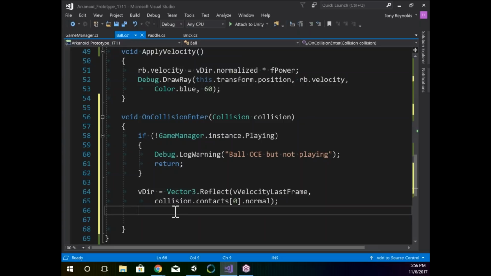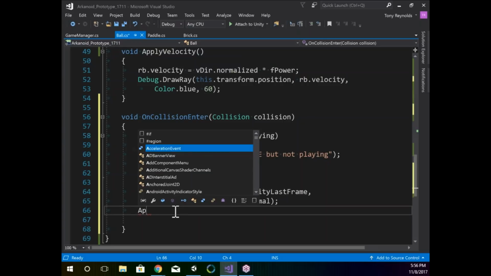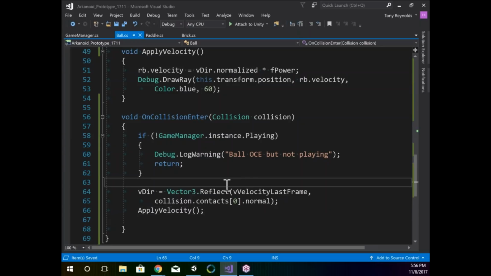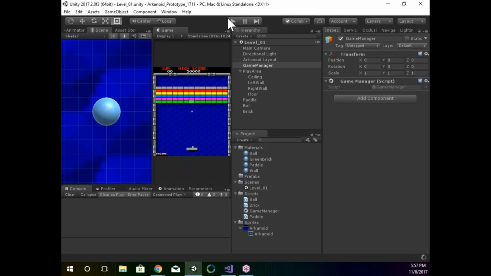So right after I recalculate direction, I can call apply velocity. Okay, so that, if I save, okay, anybody need any second to copy that over? We good? Cool. So if I jump back over to Unity and I play after it finishes compiling,